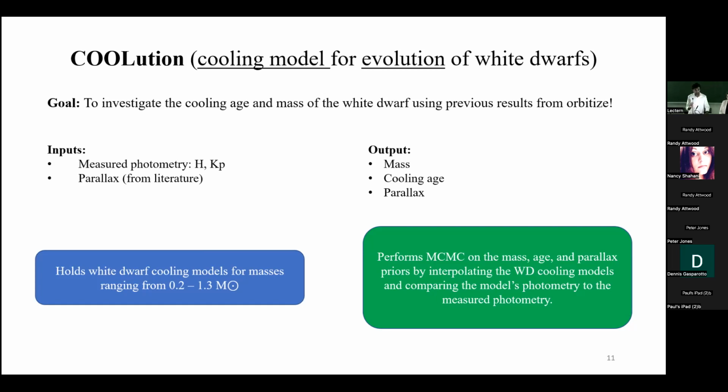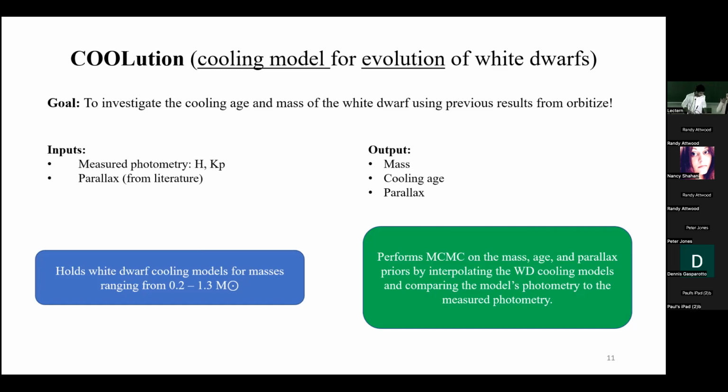But there's a little bit of a problem. So we did a little bit of research and actually found a package similar to this called WD Photools. WD Photools essentially does the same thing, but it doesn't give certain things that we would want. For us, we wanted a cooling age posterior. WD Photools doesn't give that, but we used it as a way of measuring the goodness or accuracy